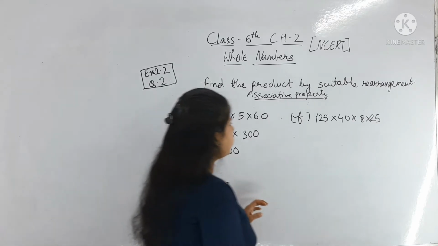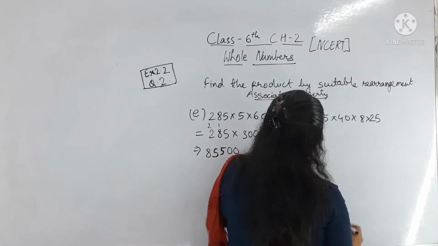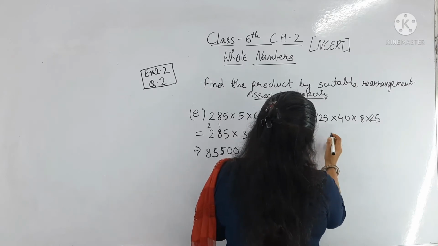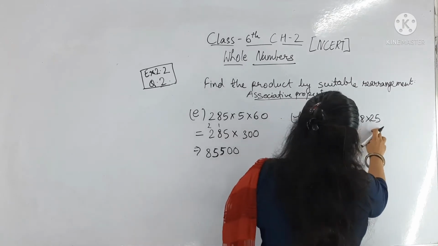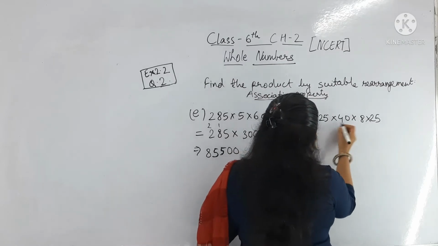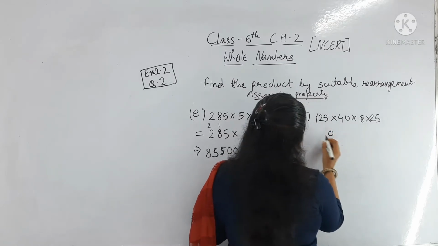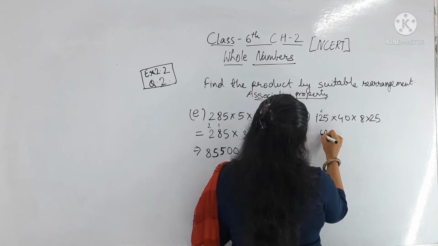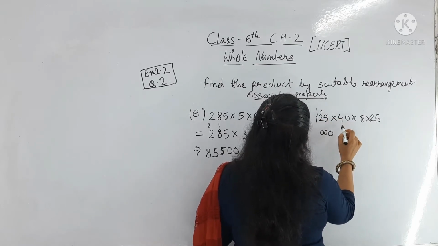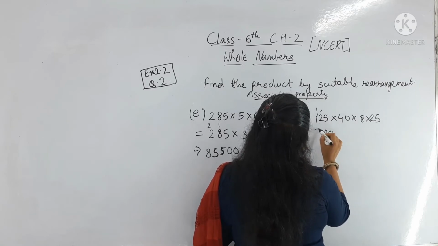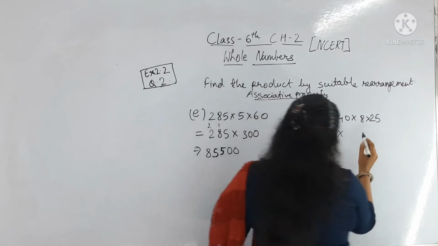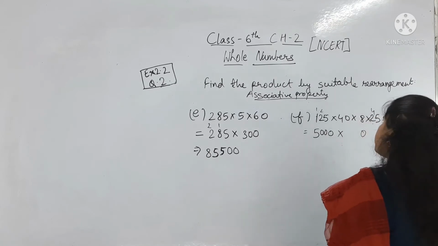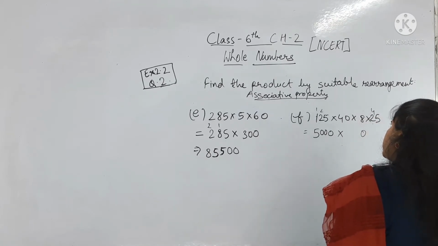Here you can see eight 5s are 40, I know, and here also if you write 0 as it is, 5 fours are 20, 4 twos are 8, 9, 10, 4 ones are 4, 5000 I am getting here, and 8 fives are 40, 8 twos are 16, 16 plus 4 is 20.